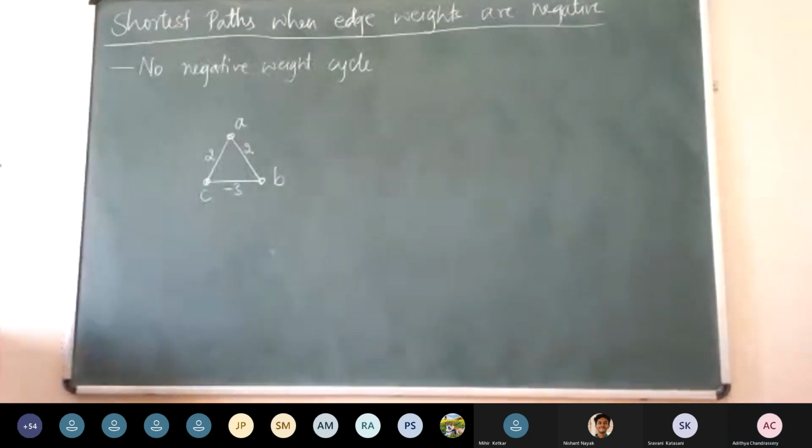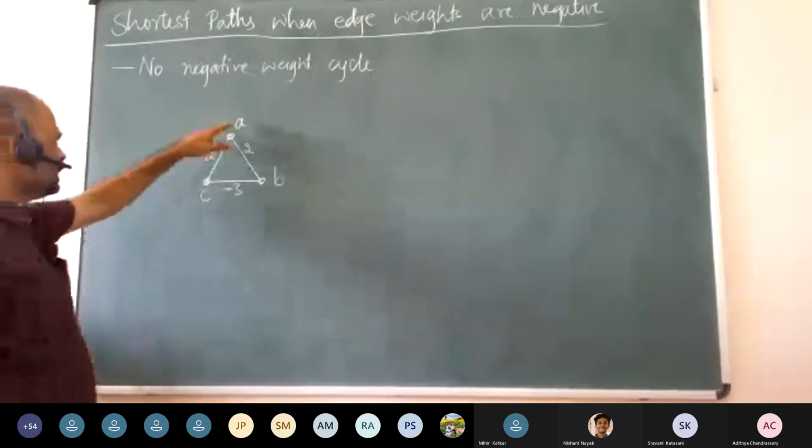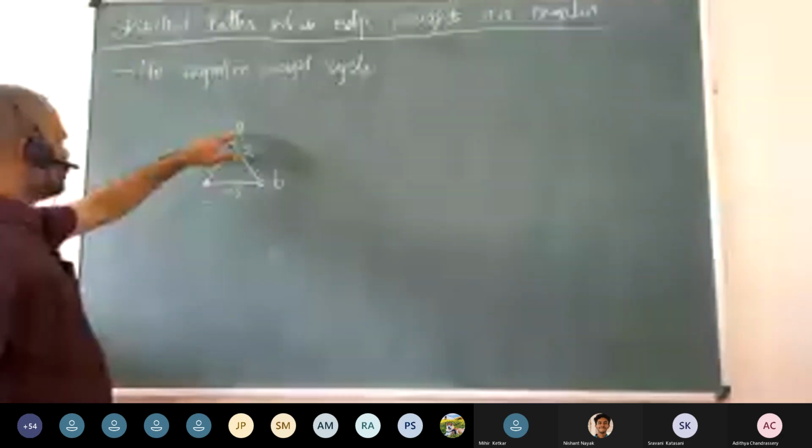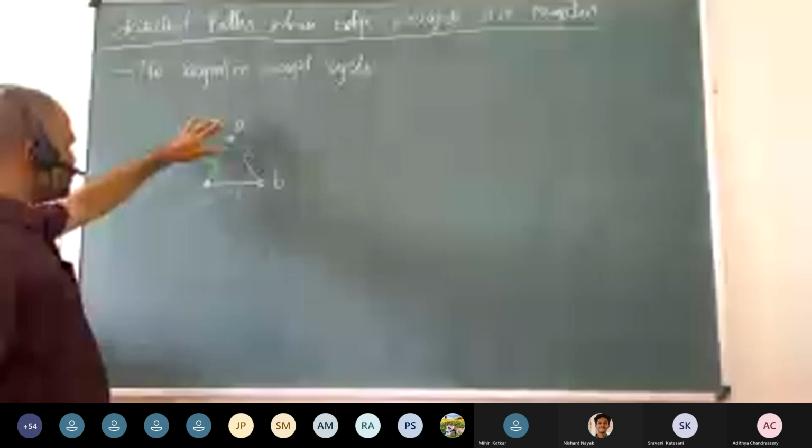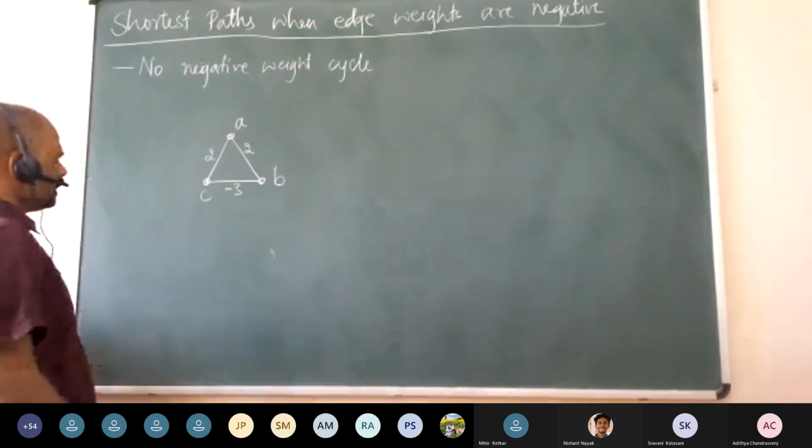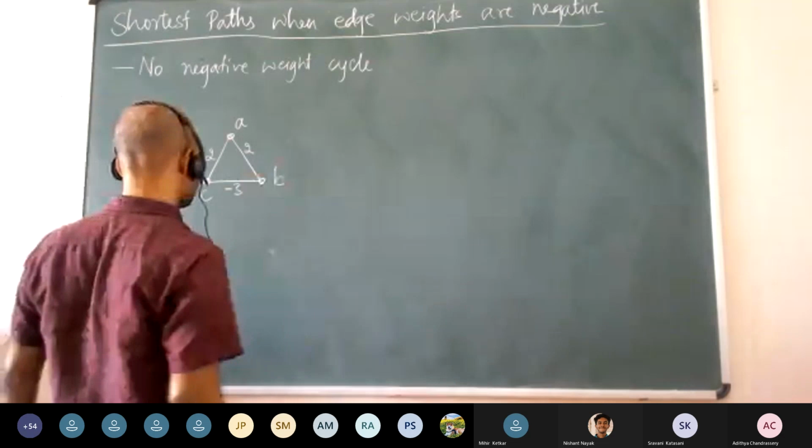Okay. Now what does Dijkstra's do here? Dijkstra's will see that you start from A. A is the source, right? It will choose one of B or C as the shortest one, and it is set. It is set to 2, so something like this, it will be set to 2.